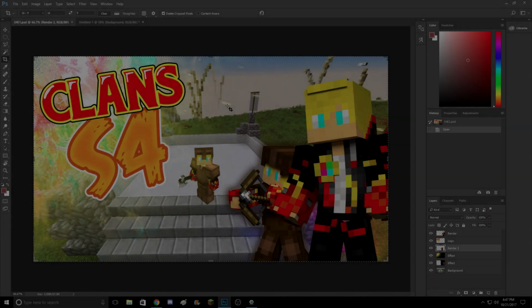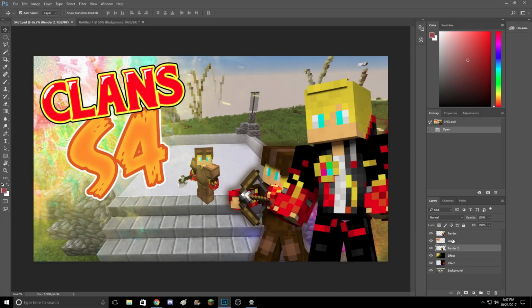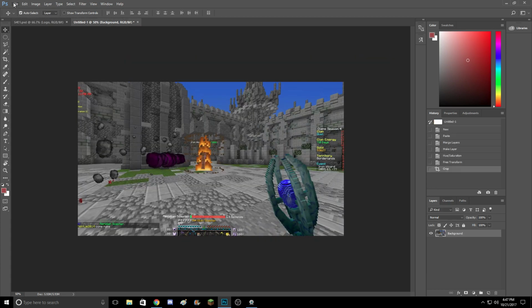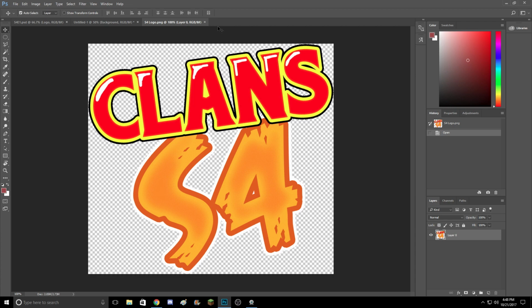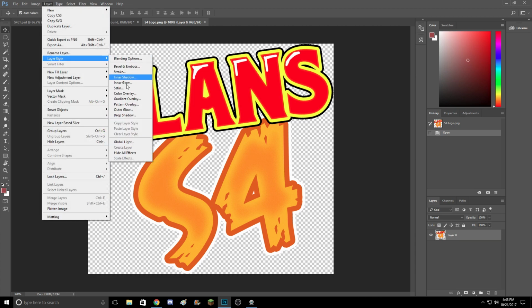But the first thing that we're going to go ahead and do from here is get out the logo. Now I have a custom file for my logo. I made this myself. It is using some text features like stroke and bounce and layer styles,